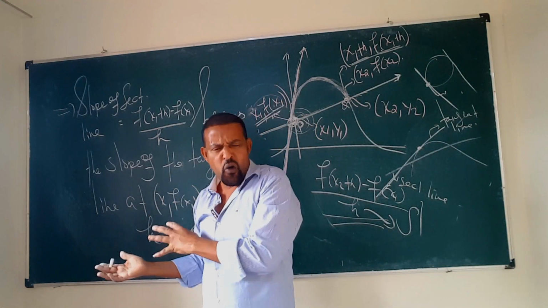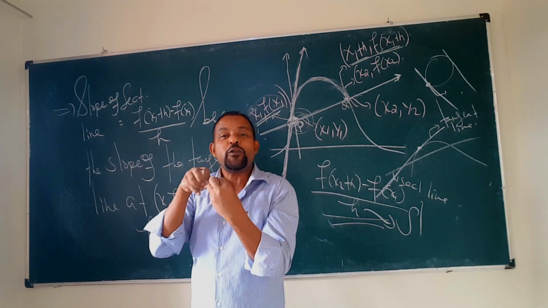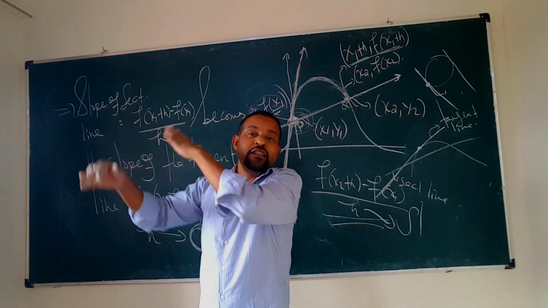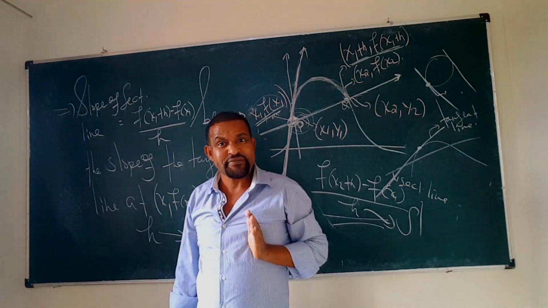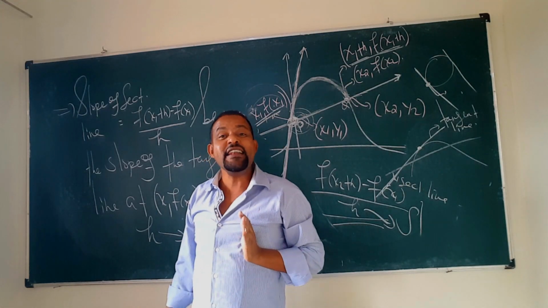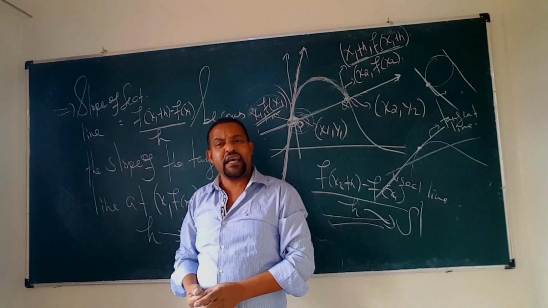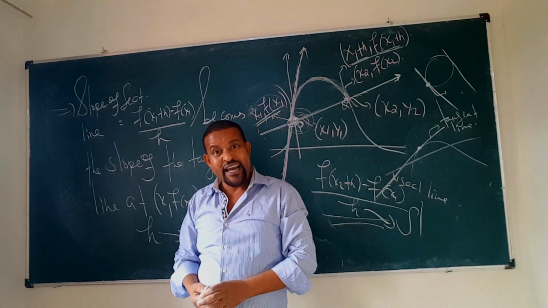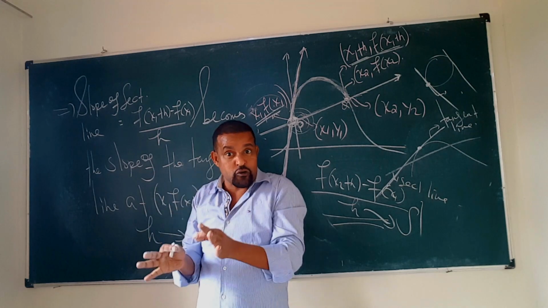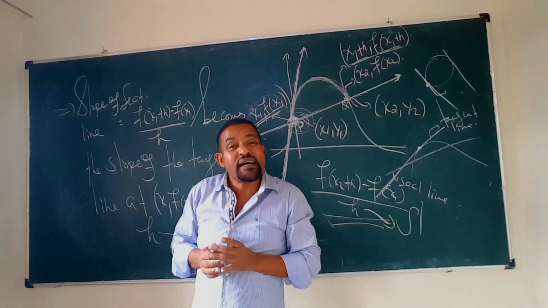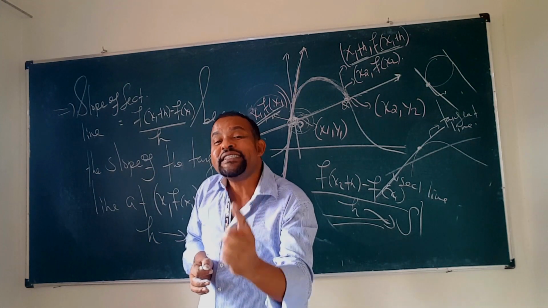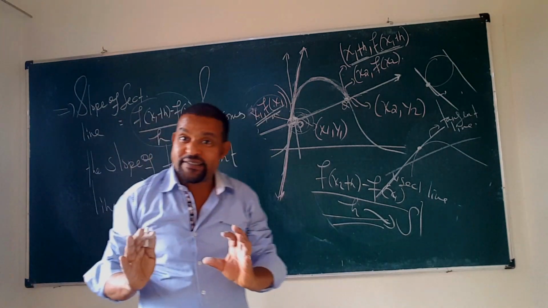Overlapped. Q ወደ P ሲመጣ ሁለት ፖይንቶች point of tangency ይሆናሉ። then እዛ ጋር ተች አድርጎ የሚያልፍ ታንጀንት ላይን አገኘን። Then the second ላይናችን slope, which is f of x1 plus h minus f of x1 over h, as h approaches zero, that becomes the slope of the tangent line ይሆናል።